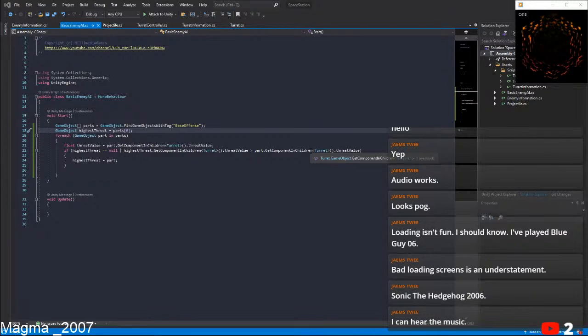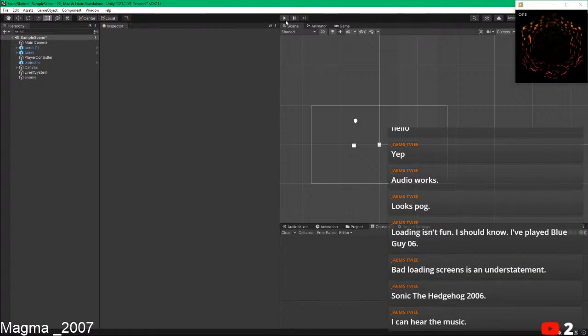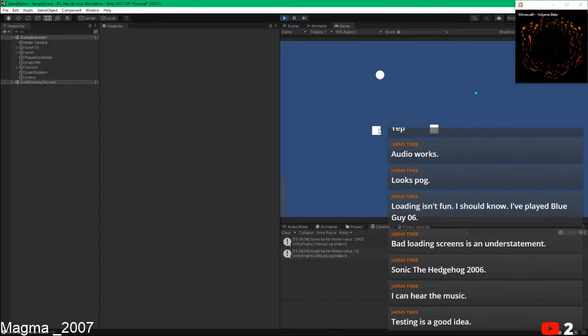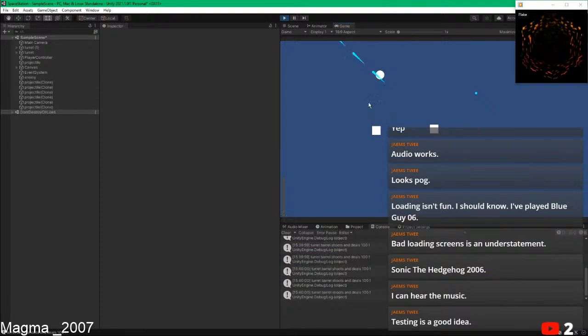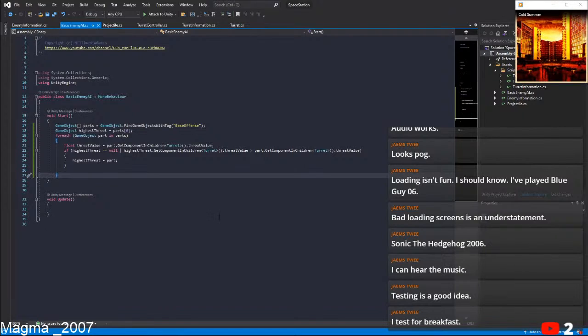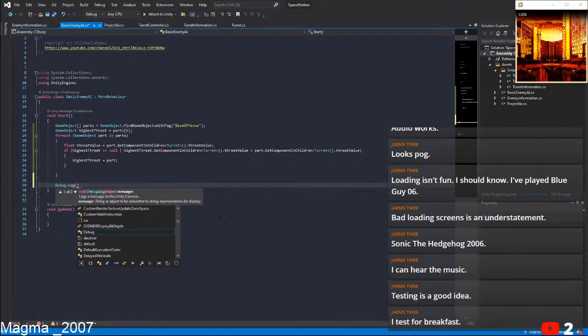Alright. What do we want to do now? So we haven't tested this yet. We need to test this just to make sure it doesn't throw any more errors. Alright, here we go. No errors. Now I just want to return the highest threat. So we can just put it in a log message in the console. Just gotta go highest threat dot name plus